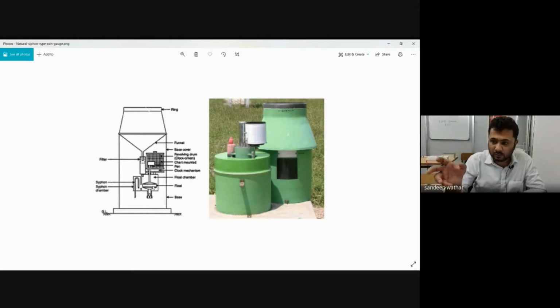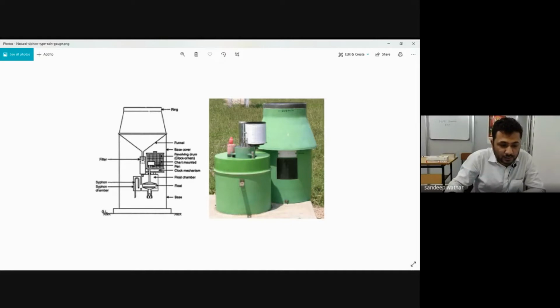As the flush tank keeps on filling with water, the float rises. Then there is a point at which the float will stop rising. As soon as it stops rising, the valve which was open earlier will get closed. I hope you all have seen this. A similar mechanism exists in this type also.